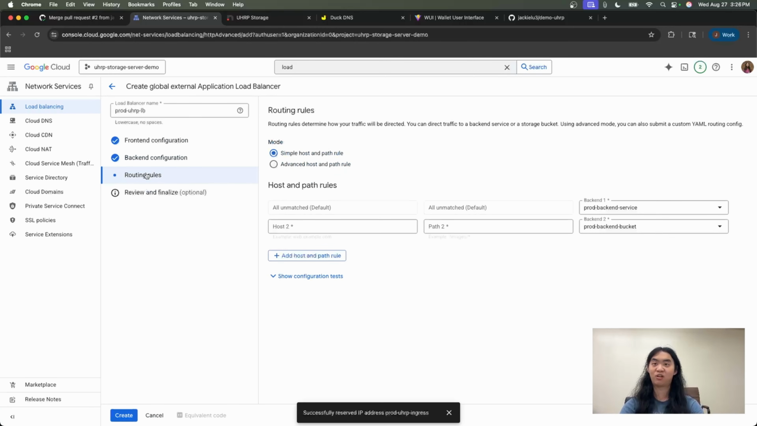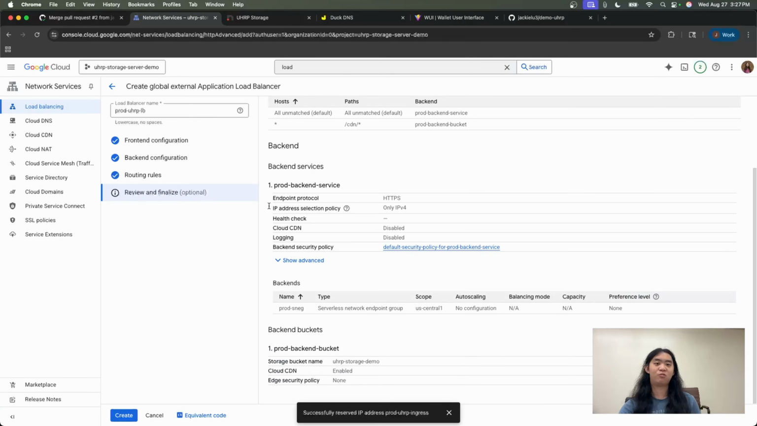and that's the routing rules. There's just simply one route that we have to add. The default should point to the backend service, but we'll need a route to the backend bucket. That will simply be CDN, this string right here, because our notifier is configured to only accept files that are being put on the CDN route. If we finalize and review,